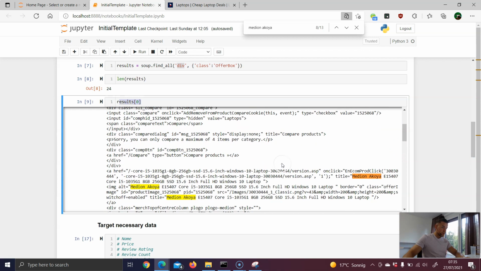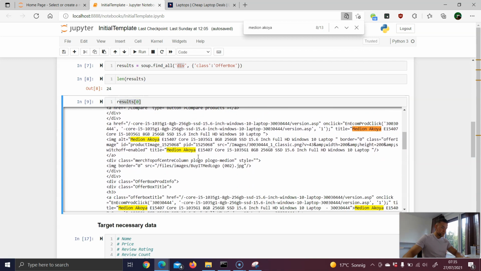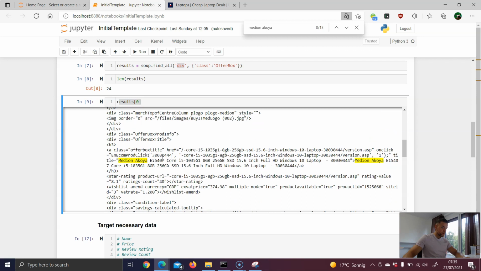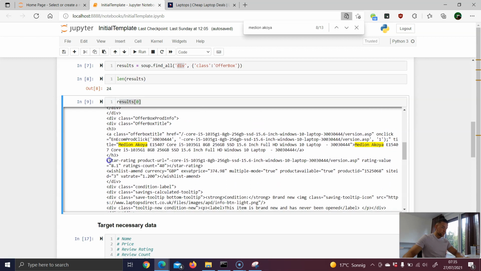Now let's take a look at how this is structured. Here, for example, we have this star rating. This is our tag element, and inside this star rating we have the rating value with 8.1